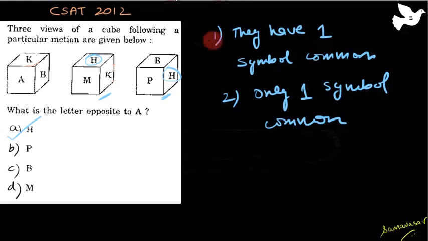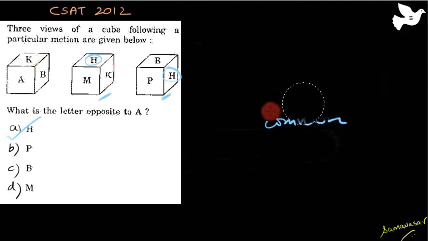Now obviously you're wondering what I just did and how I got this answer. So I'll show you the basic technique. Now what you need to do is, you need to understand one thing. If in a particular cube I have A given, then K and B cannot be opposite to A because they are visible in this cube to me. So this means opposite to A will be the back face and K and B cannot be opposite.